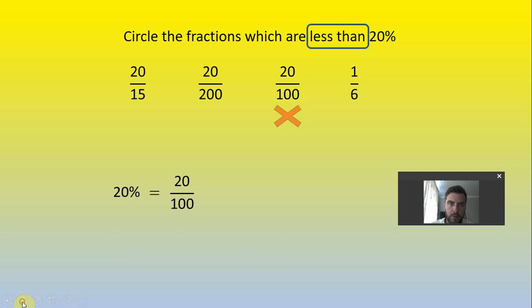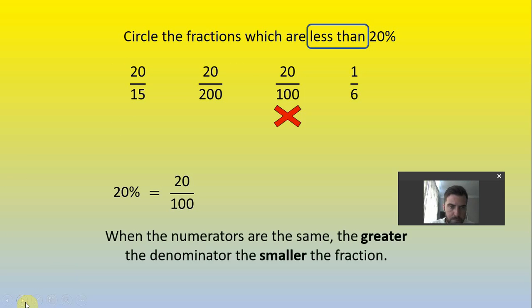So 22 hundredths would be more than, and 20 over 15 would be more than. So when the numerators are the same, the greater the denominator, the smaller the fraction. And that's where sometimes we get a bit confused. So remember, the numerator's on the top, so when the numerators are the same, so for instance in this question here, these two fractions, the numerators are the same, the greater the denominator, so 200 instead of 100, the smaller